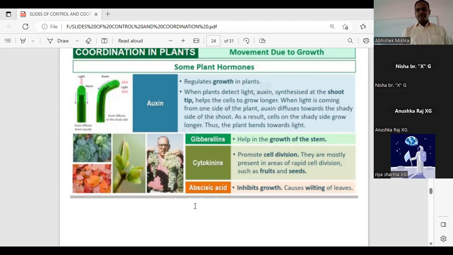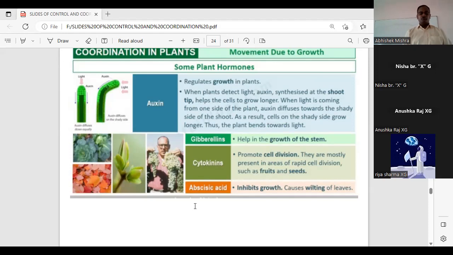So once again, I recapitulate. Auxin is a plant growth promoter. Why? Because it helps in the growth. It helps in breaking dormancy in seeds and buds. It also helps in cell enlargement, cell differentiation. The auxin also helps the plant to bend towards the light. Why? Because when light is coming from one side, auxin tends to diffuse to the side which is away from the light. In this way, that part grows more in which auxin is present, and that part grows less which is towards the light, and that is why it bends.